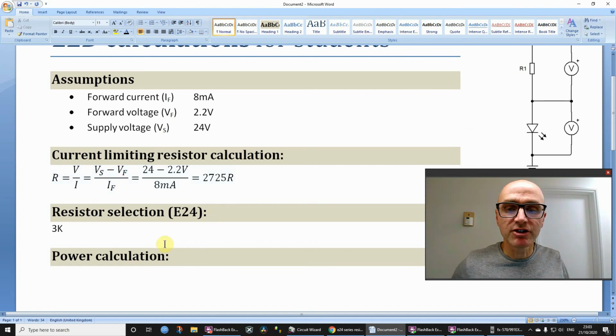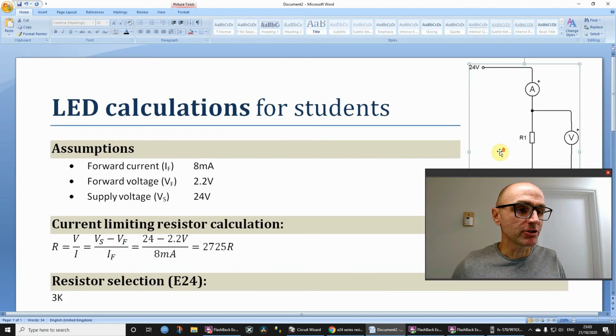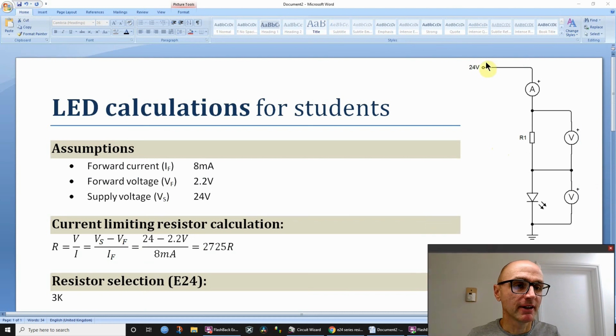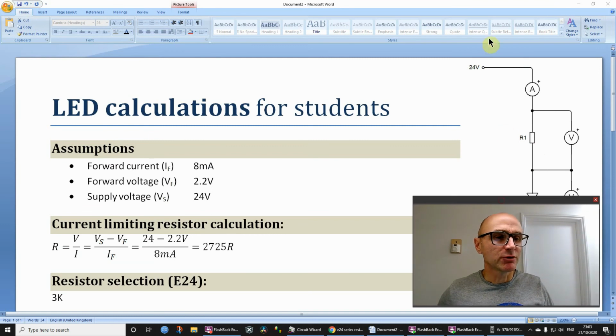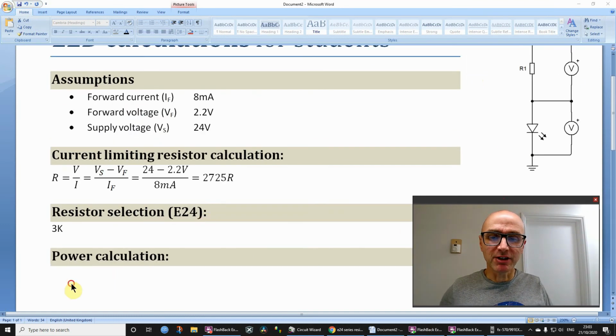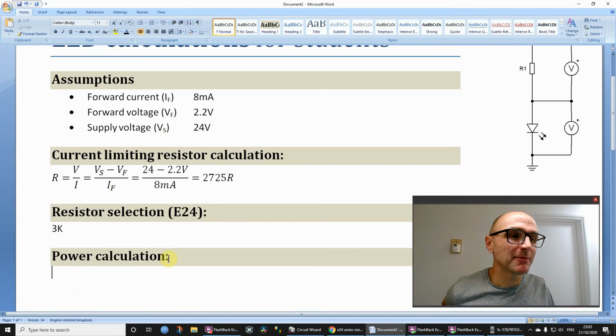Okay, now generally speaking for LED type circuits like this one, you're not going to have a 24 volt supply. You're probably going to have something like 5 volts, and then you're only dropping about 3 volts over the resistor. But that's why I intentionally chose a higher voltage, so it makes the power calculation a little bit more valid. So if you want to know how much this resistor has to dissipate in electrical power,